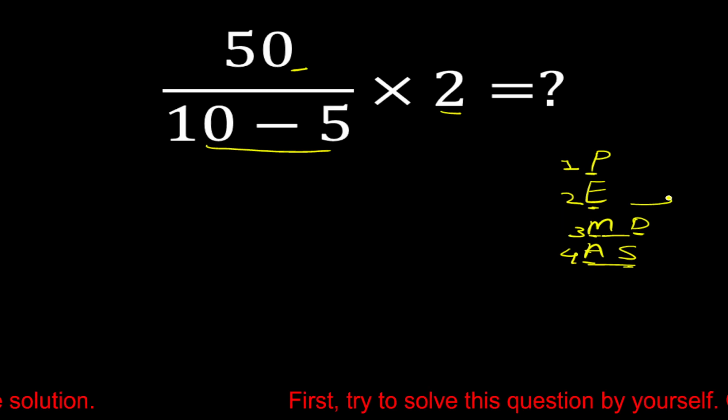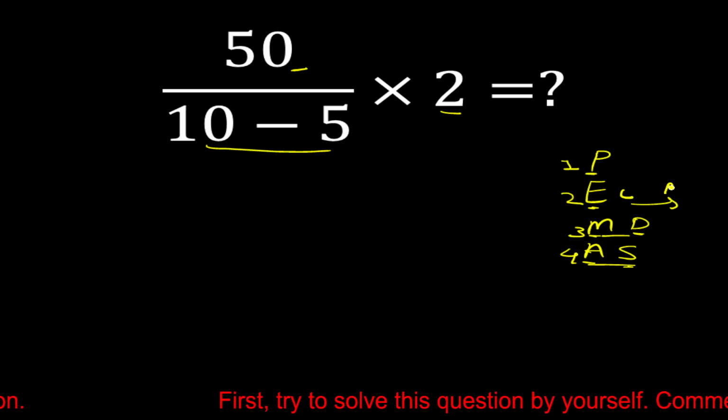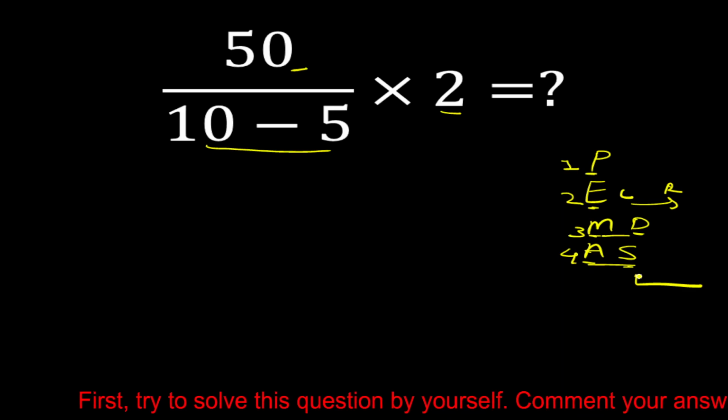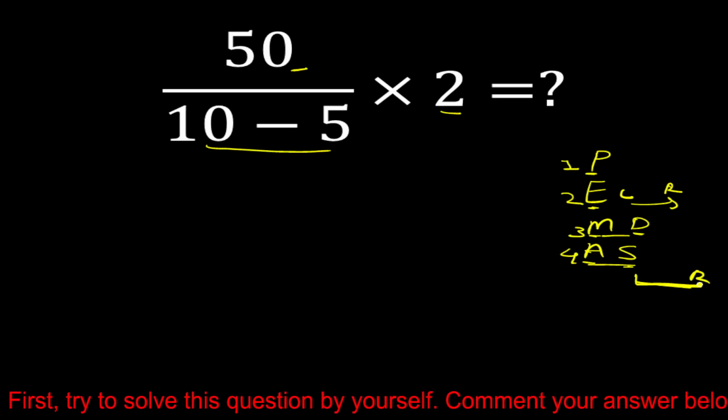Here multiplication and division both have equal priority, so we have to solve it from left to right, and also addition and subtraction both have equal priority, so we have to solve it from left to right. Okay,